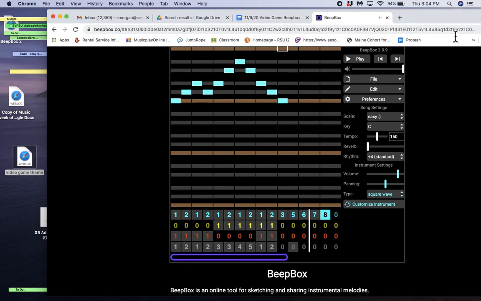So this is what I have so far. Sounds kind of too busy to me. So now I'm going to vary the rhythm a little bit. So I have that dotted quarter note thing. I'm going to come in the middle of the block. I'm going to do the same thing when I get to this measure. So now I've got,